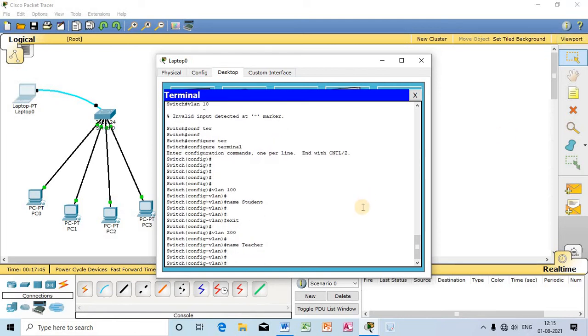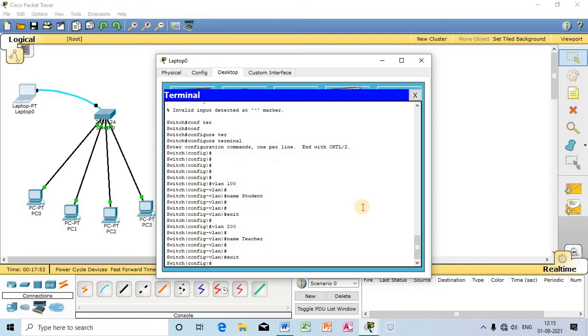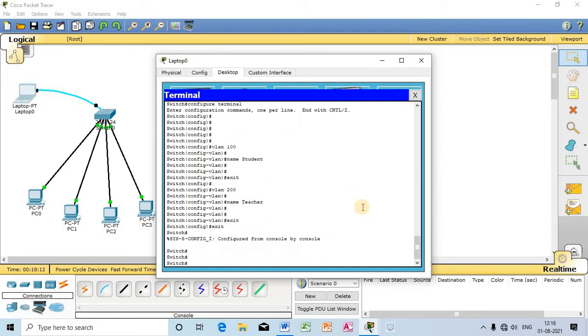Okay, let us check. Again I will move back to config mode with exit. By writing exit you can move back to the config mode. Exit will move one step backward. Previously, if I write exit again, you can check out. See, again I have written exit, so again I have moved one step backward.